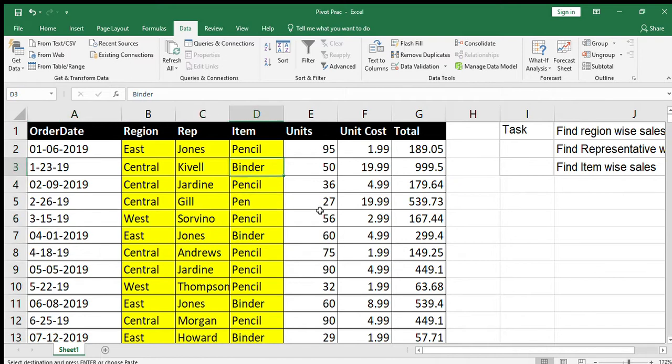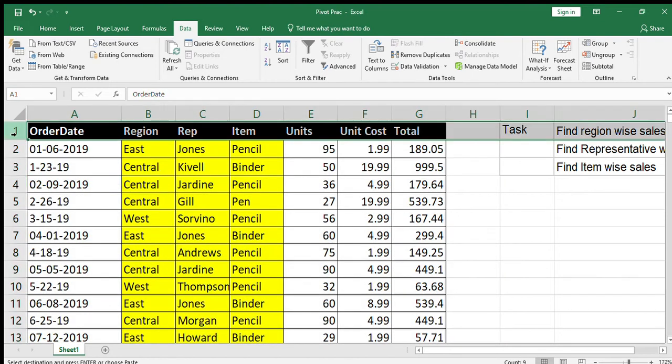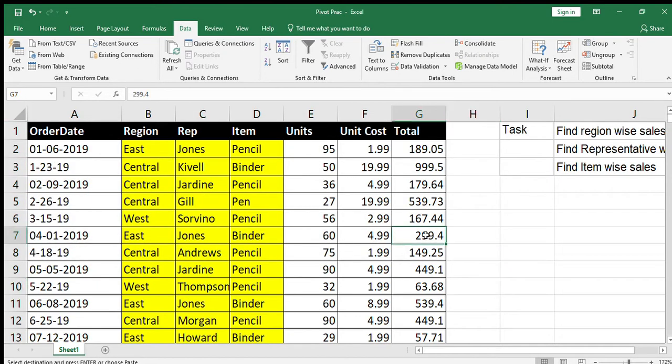Before we proceed, you need to understand what is a column and what is a row in an Excel sheet. All these values you see over here, A, B, C, D, E, F, are nothing but columns of an Excel sheet. If I go straight, all these are columns of a sheet. Then all these numbers 1, 2, 3, 4, 5, 6 are rows of an Excel sheet. So it's very important to understand.